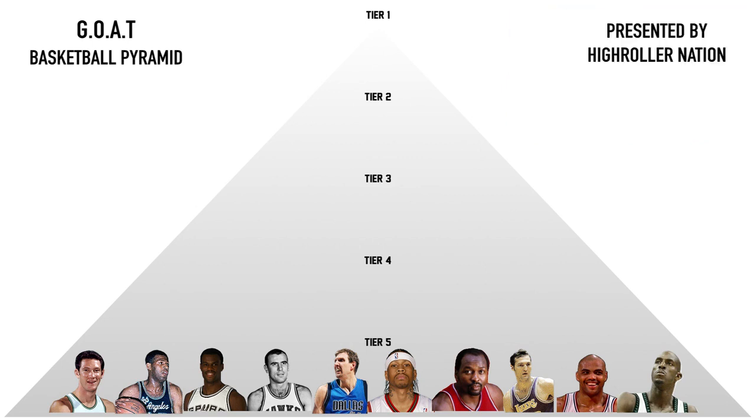Now, before we continue, these players are in no particular order. As I stated before, one of the many perks to a basketball pyramid as opposed to a numerical list is that there is a lot of flexibility with these tiers. For example, you can make an argument that Allen Iverson was better than Charles Barkley, or that Jerry West was greater than Elgin Baylor, but the overall premise is that they are all within the same realm of greatness. As I said before, some of these players may be a low tier 5, others may be a high tier 5.